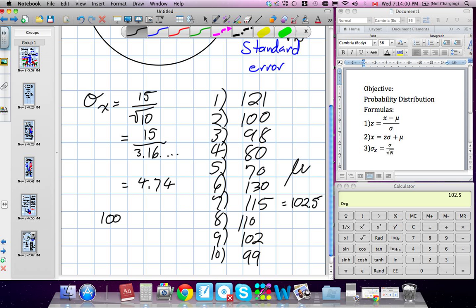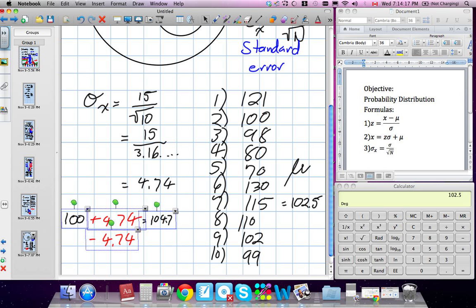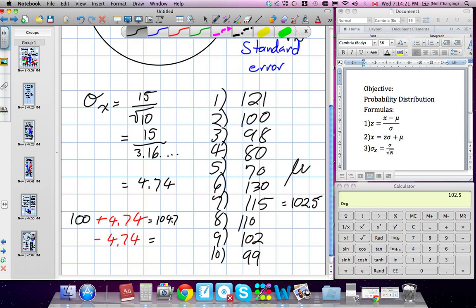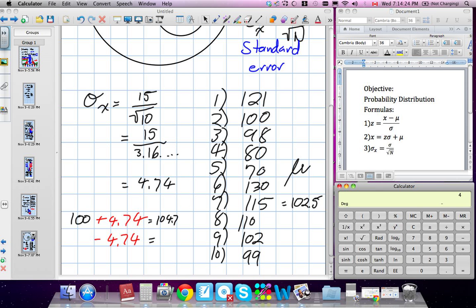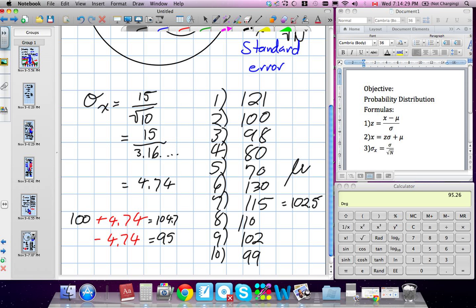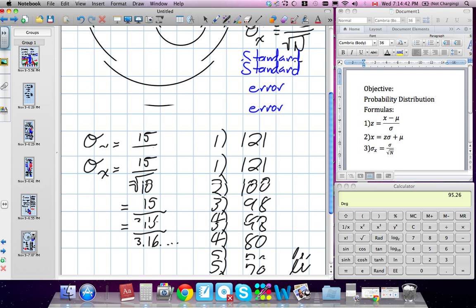He goes and finds the mean of them, and he found the mean to be 102.5. Now that's not actually the mean of normal IQ, right? Normal IQ is 100. So he didn't actually find the true mean. This standard error is saying that his mean will be roughly 4.74 units plus or minus the real mean. Okay, so we know that our real mean was the number 100. If he was to add 4.74 or subtract 4.74 from that number,